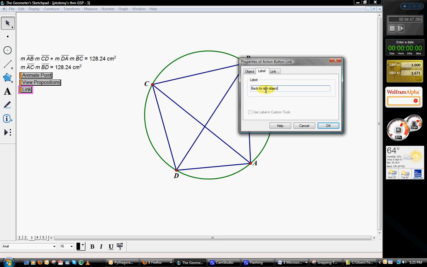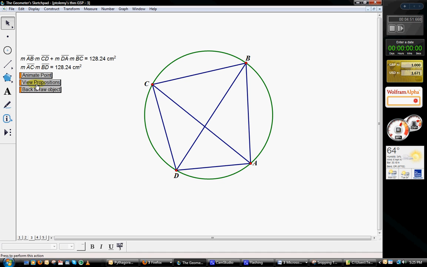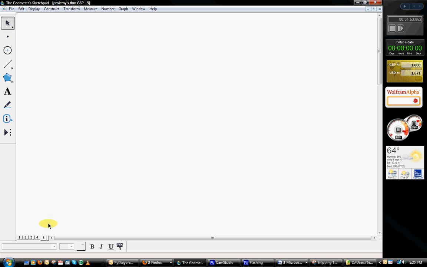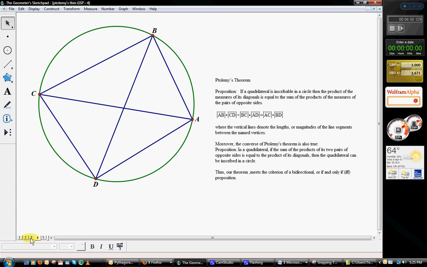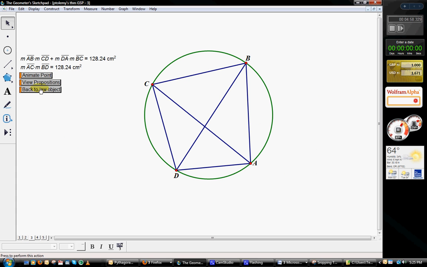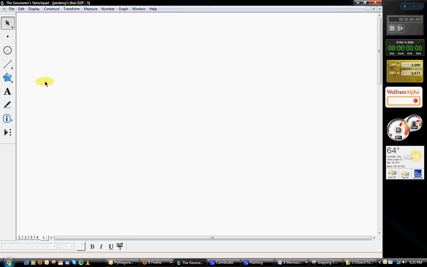Yeah, there you go. Okay, so there we go. We can link to our propositions, which aren't on that sheet. They're on 4. That's pretty cool. Actually did that on purpose